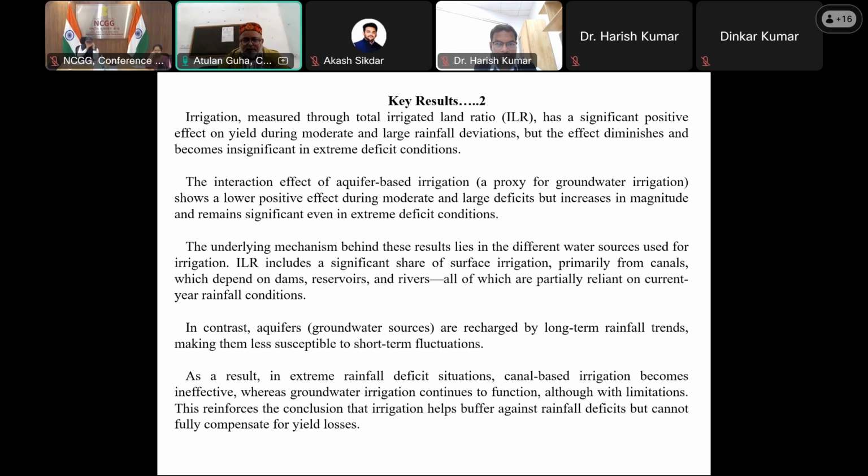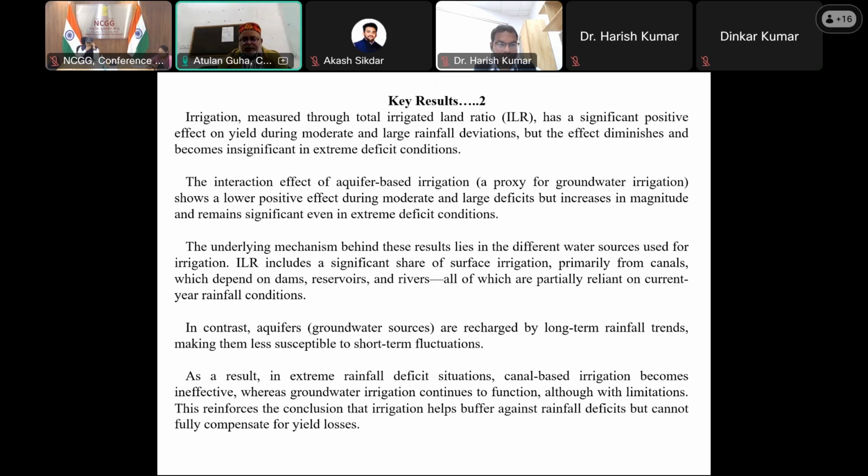But the excessive use of this will, in the long run, create a major problem with water. So this is one of the major issues: how can we increase our canal-based irrigation system and reduce the use of groundwater? Even so, we have an incentive to use groundwater because it is less susceptible to less rainfall or rainfall fluctuations in a particular year.